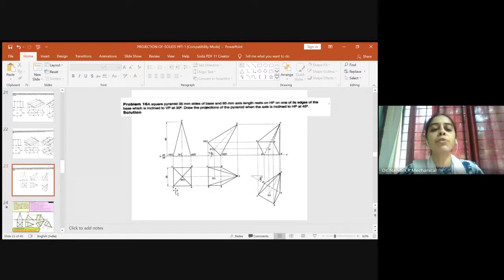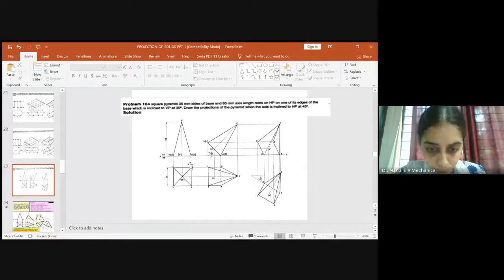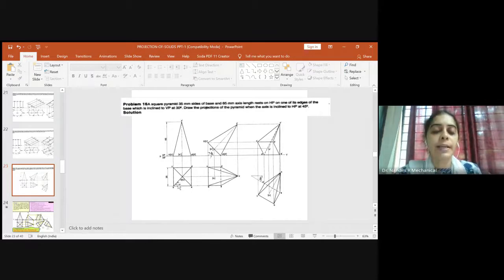And I told you when it is being viewed from the top, even the apex is visible with respect to the center O and O1. So you please join the diagonals. Once you join the diagonals, you will show the center. For the naming, in case of a prism, we used to have the bottom surface and the top surface, and we used to name A, B, C, D, A1, B1, C1, D1. That is not there in case of pyramids, because a pyramid has only one surface at the bottom, and the bottom surface is named A, B, C, and D. So when it is viewed from the top, the bottom surface will be visible, so you will write it as A, B, C, and D.